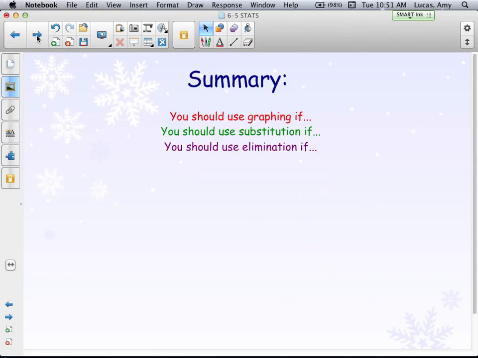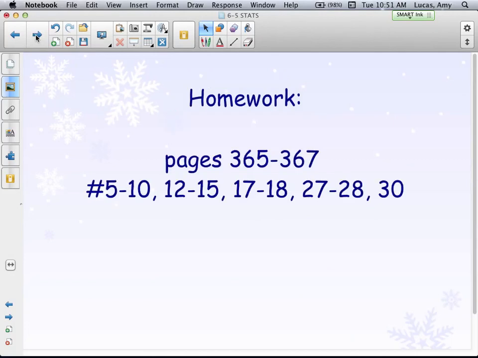For your summary, we would really like to see 3 separate sentences, one for each of the 3 methods. We'd like you to really think about how you figure out what you look for to determine which method you should use. And here are your homework problems. Remember, you get to choose your method,